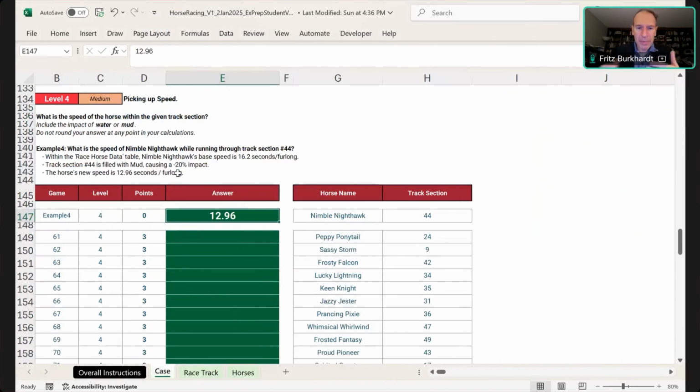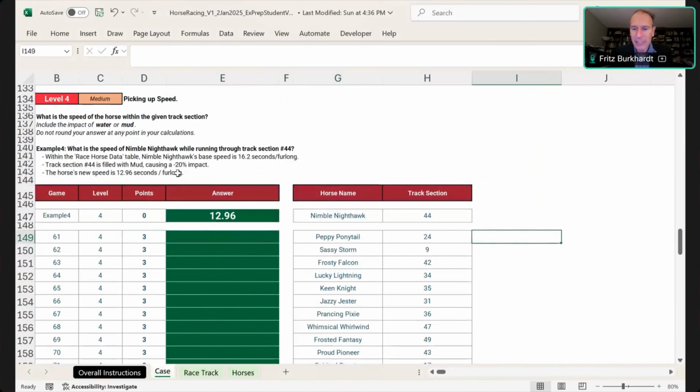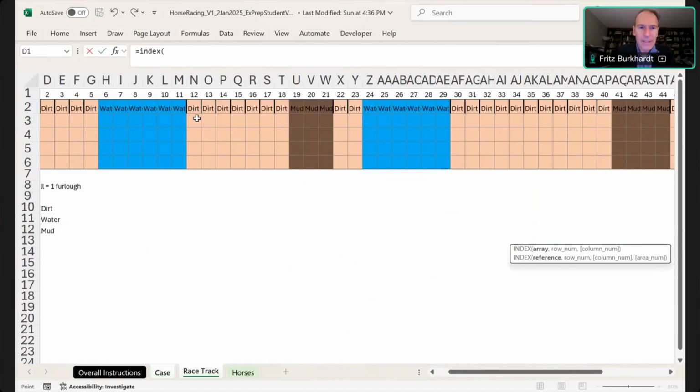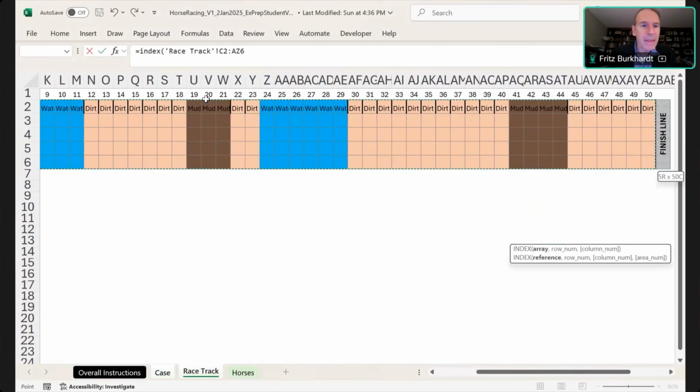Now, we want to be able to look this up. I've got the track section right here. I'd actually like to say, hey, what surface does that actually correspond to? Because we just did that up here in section 3 by using our INDEX. We can use our INDEX again to refer to this particular array. You'll notice that when we get to the end,